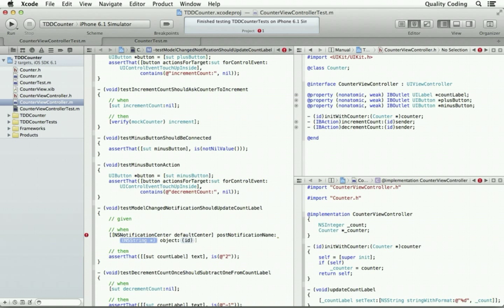This might get a little dicey, and it's something to remember that when what I'm doing is having the test post a notification, this is normally not a problem. I've never had this be a problem, but be aware that if you do this, anybody that's listening for this notification for this particular object, or if the object of choice is not specified, so it's just listening to any broadcasts, something else in the app might pick it up and respond to it.